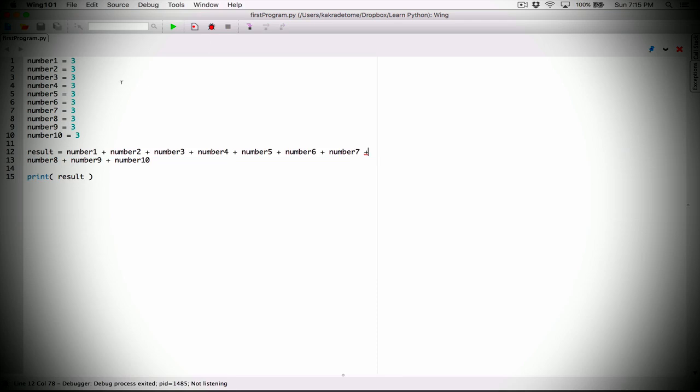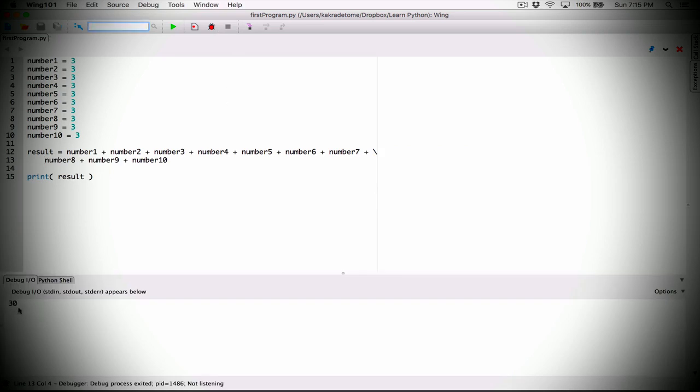So there's a way to properly break a line in Python. I'm going to bring this back. If I wanted to break it from this exact same spot, I type in the backslash before I hit enter. And as soon as I do that and I run the program, we can see that it works. It says 30 over here. So the backslash is what's called the line continuation character. And before you break any line, you type in backslash and hit enter. You can break it